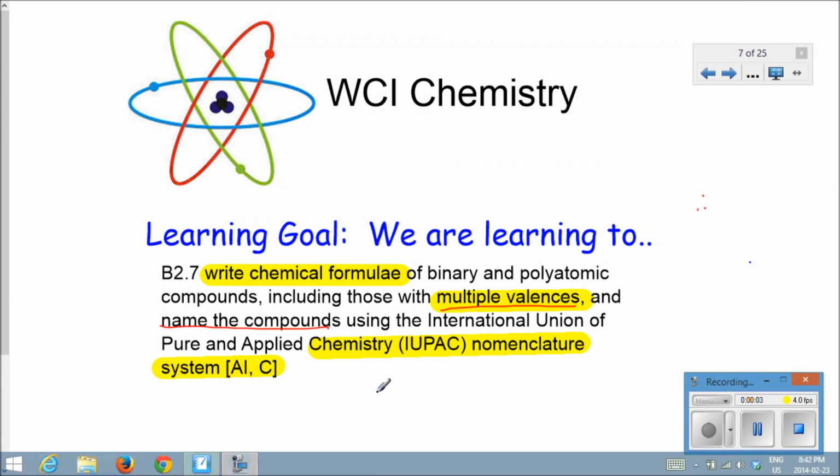Welcome to grade 11 chemistry. What we're learning about today is how to write multivalent compounds. So that's our learning goal for today, to be able to write the formula and name the compound for